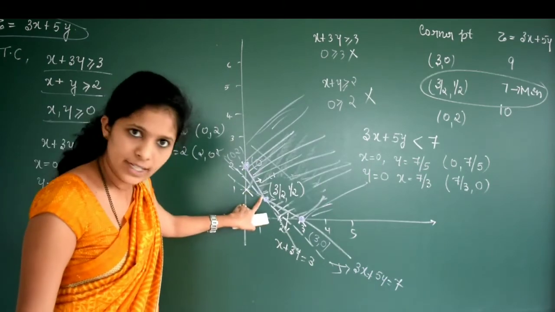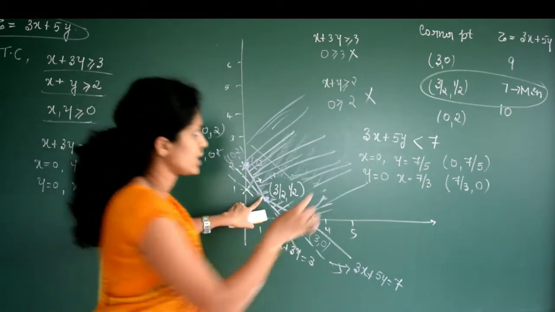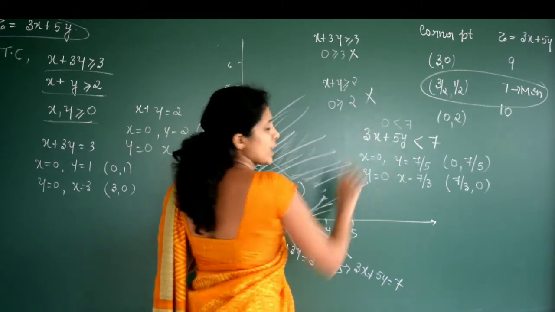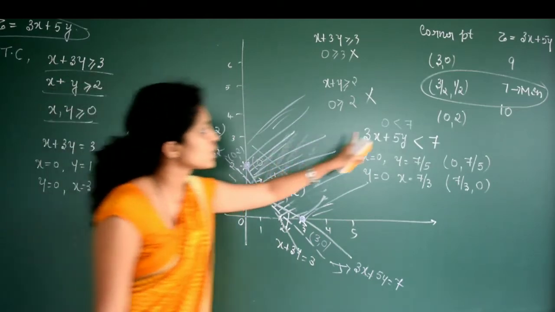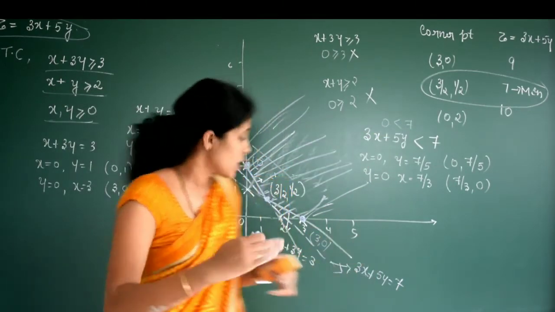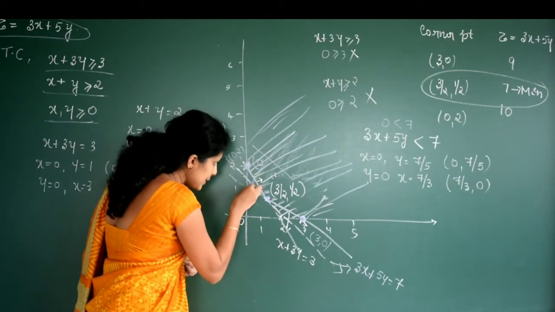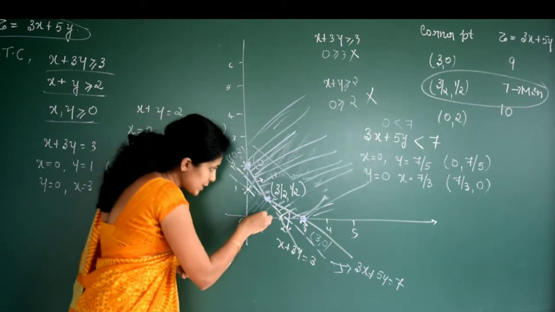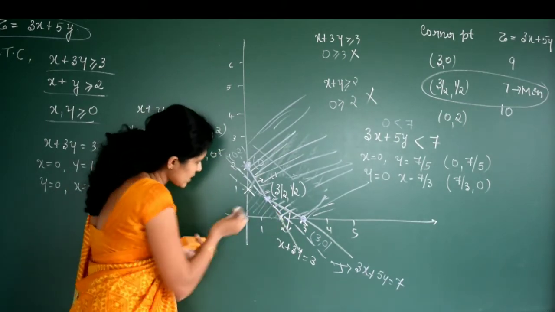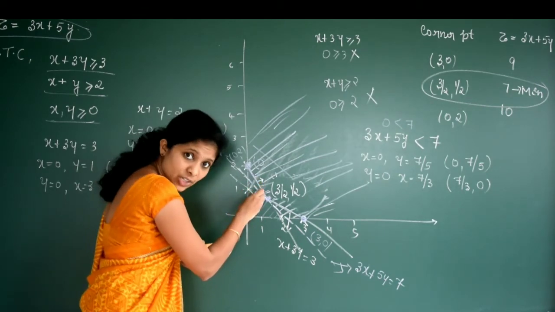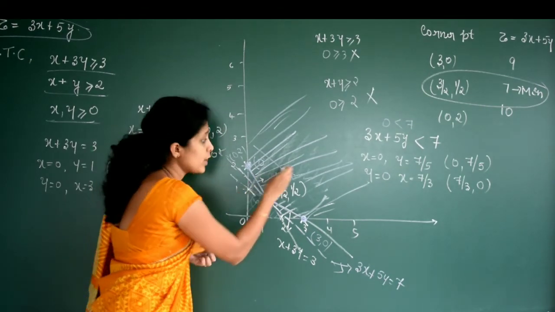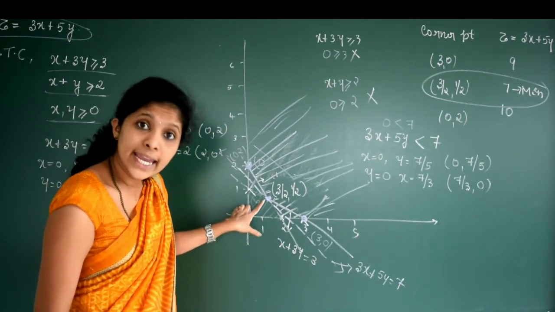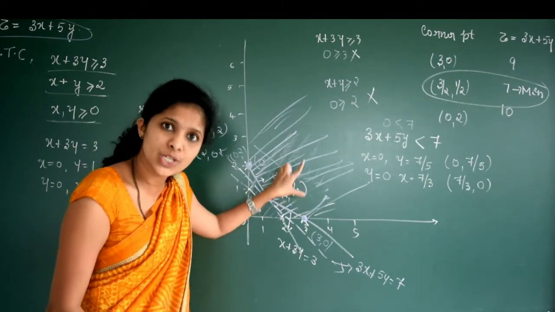Now, since this is a line, we need to find the solution region for this one. If I substitute the value 0 less than 7, x is 0, y is 0, right? To find the solution region, 0 is less than 7. It is true. So the solution region for this line will be downwards, right? Solution region for this includes the origin. I mean, this will be downwards. Now, if you observe this one, this is the solution region. And this region does not have a common point with the original region. Agree? This region does not have any common point with the original solution region.